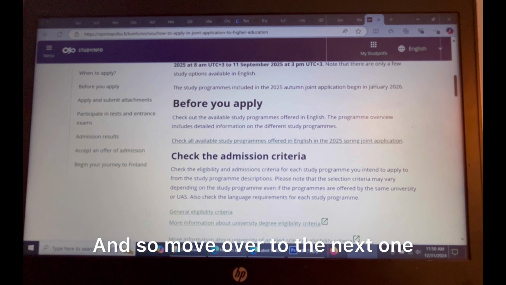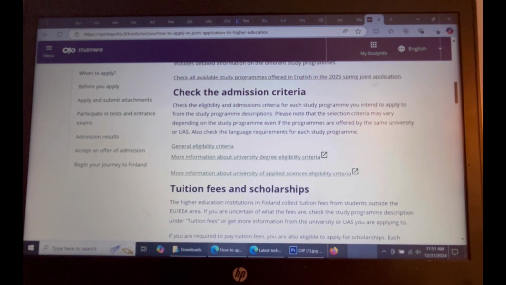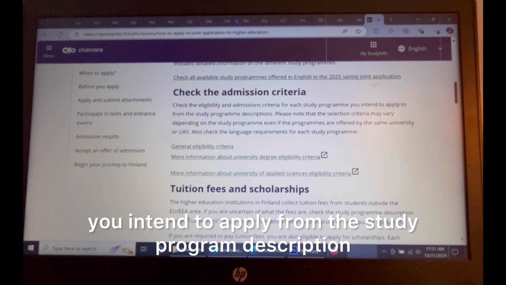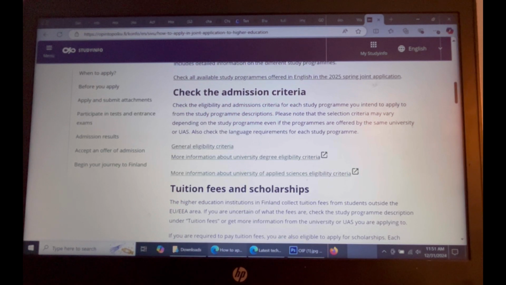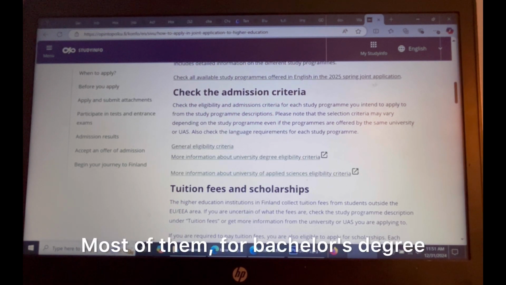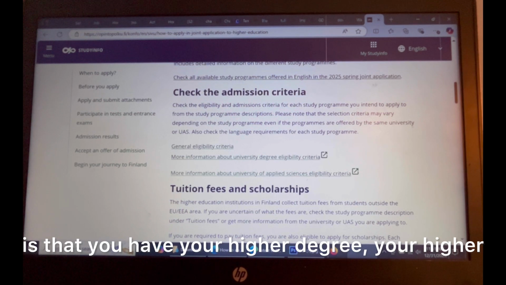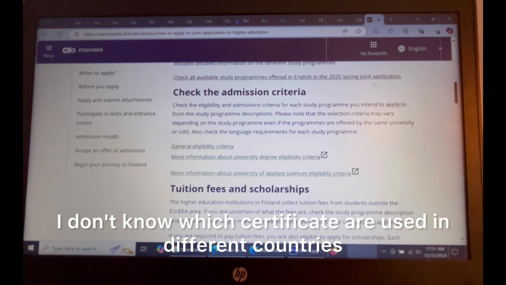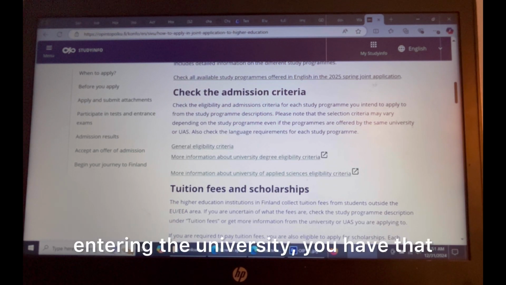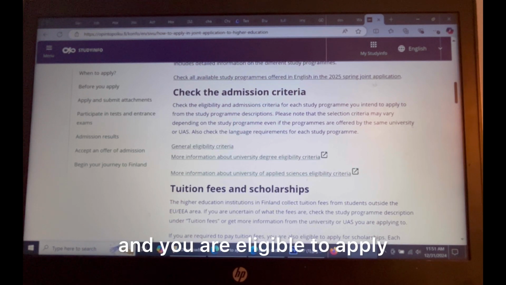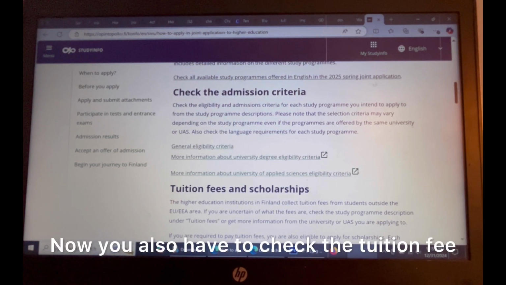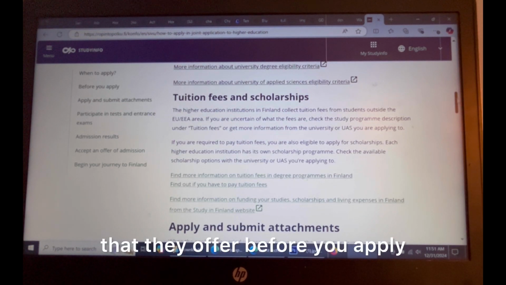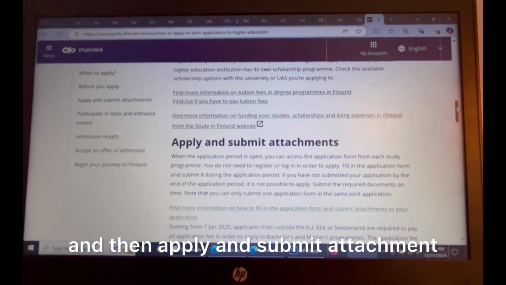And so, move over to the next one, which says check the admission criteria. Check the eligibility and admission criteria for each study program you intend to apply to from the study program description. So there are eligibility criteria. Most of them for a bachelor's degree require that you have your high school certificate. I don't know which certificates are used in different countries, but the highest certificate you have before entering university, if you have that, then you are eligible to apply. Now, you also have to check the tuition fee and scholarship, like I explained here. You check the tuition fee and the scholarship that they offer before you apply, and then you apply and submit